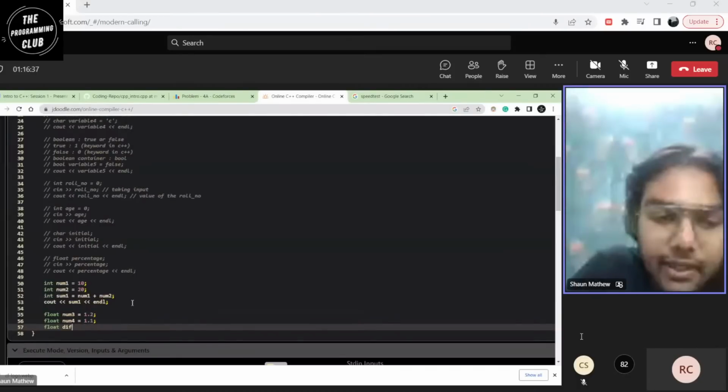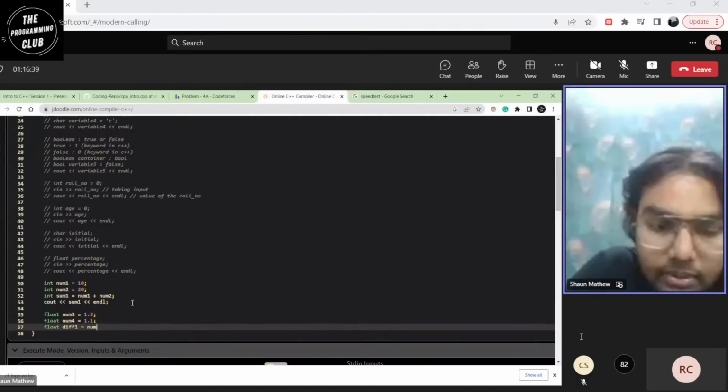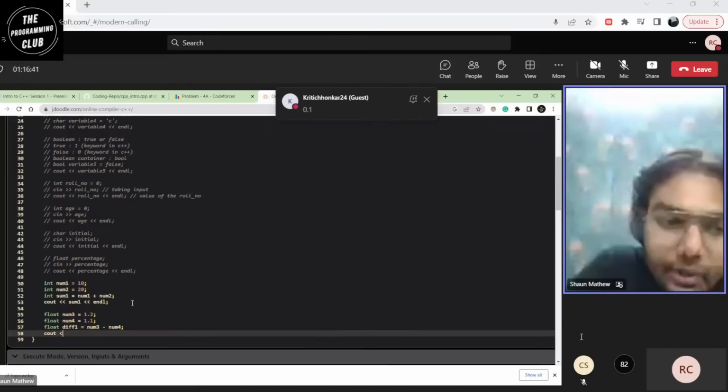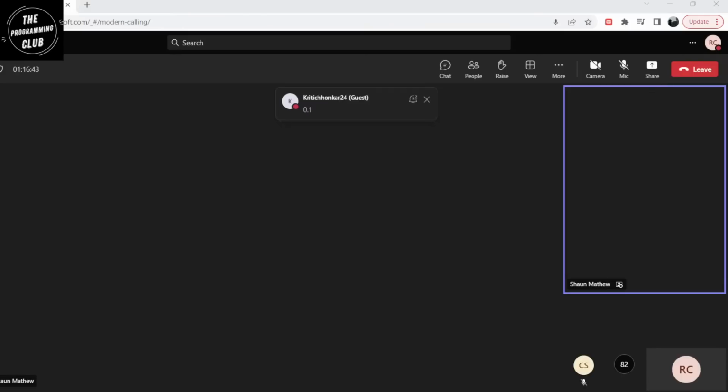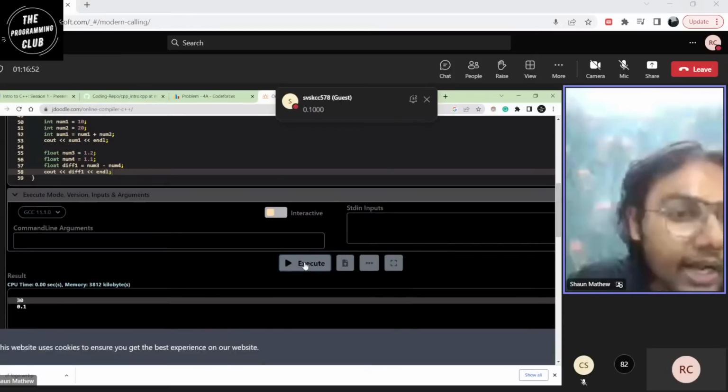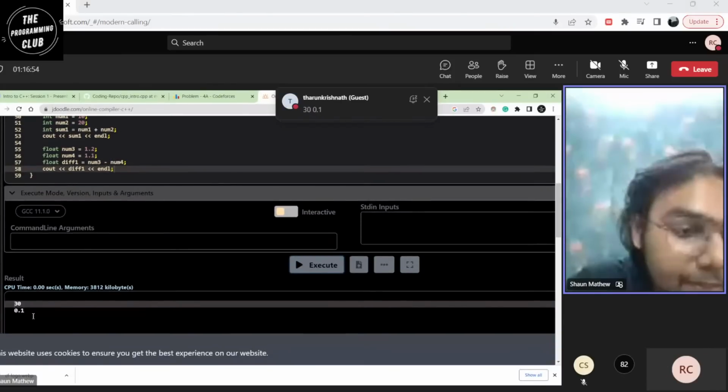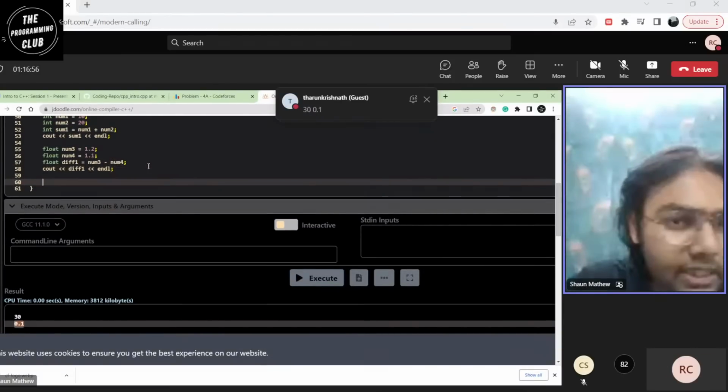So diff1 equals num3 minus num4. I'll be putting out the value of diff1 here. Let's see what the output is. Okay, let me just run it once very quickly. We're a little short of time because of some technical issues, but I'll cover it up. Don't worry. So the difference becomes 0.1. This is pretty clear, I guess.